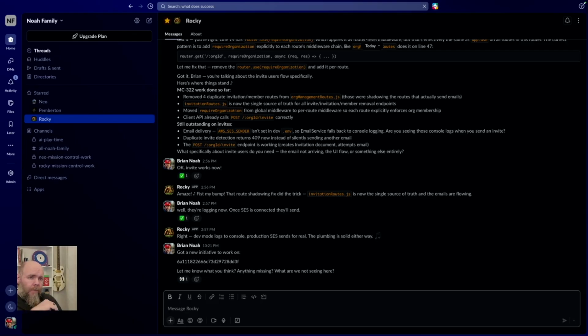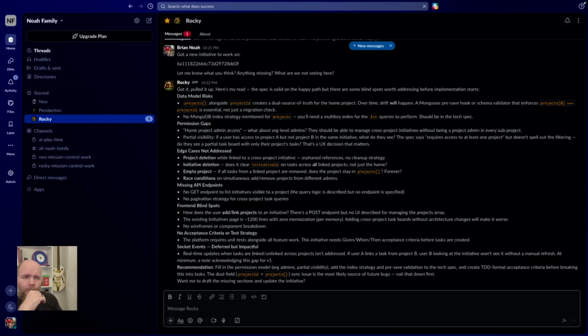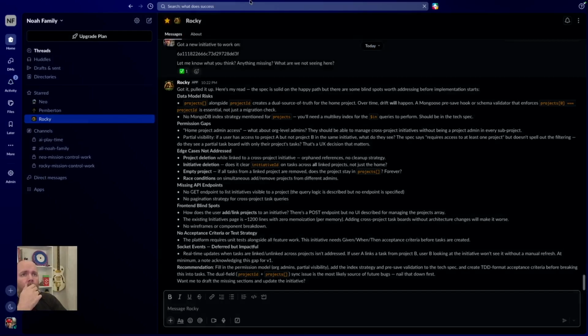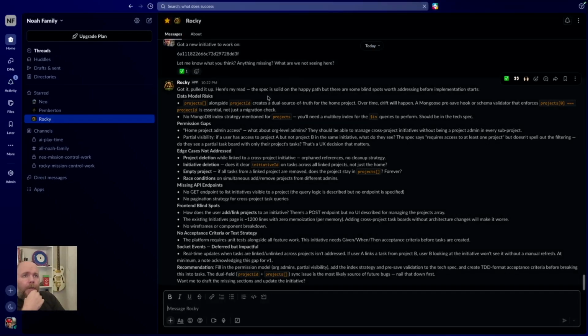If something doesn't make sense, we'll figure it out. Okay. Got it pulled up. Here's my read. The spec is solid on the happy path, but there are some blind spots worth addressing before